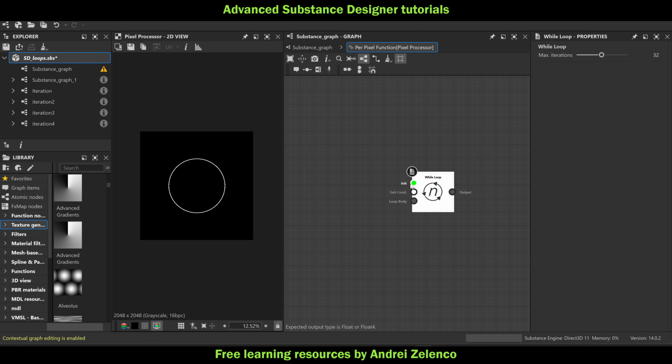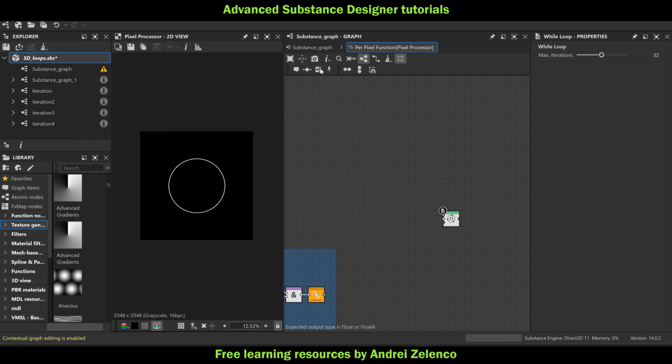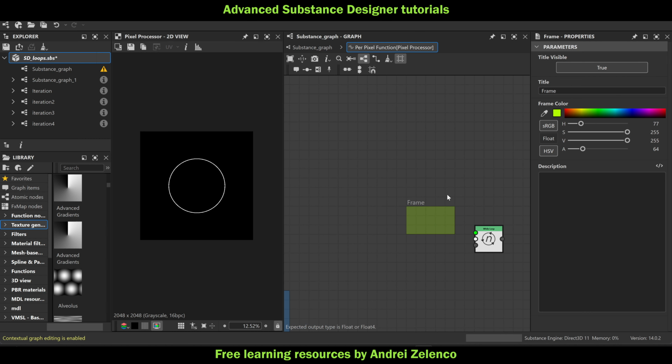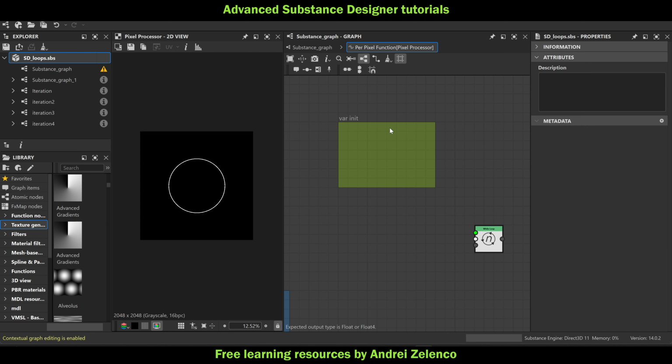And then here into init, we need to define and we need to set and declare a few variables. Okay, so let me put for ourselves another frame and say variable initialization. Here you would have as many variables as you want, but I would say you can do quite a lot with a limited number of variables, and I usually or very frequently use just